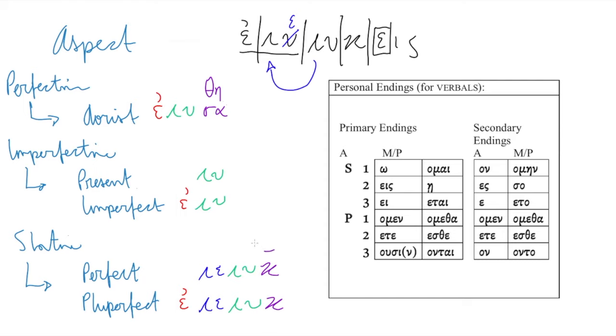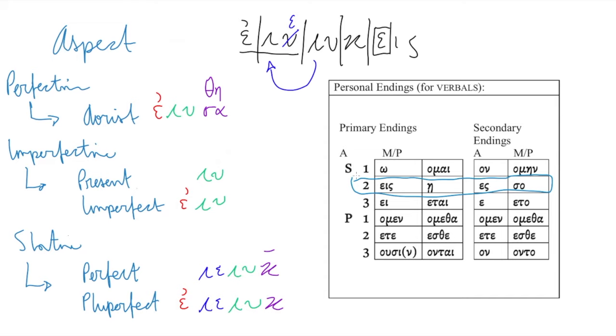And then every finite verb will have a personal ending. The connecting vowels will vary slightly. So the sigma alpha ending on the aorist will mean that the alpha will contract with whatever the ending might be. And there's a number of vowel contraction rules that will be triggered given certain endings. So let's look at which personal endings go on these tense forms. We're going to use the second person singular